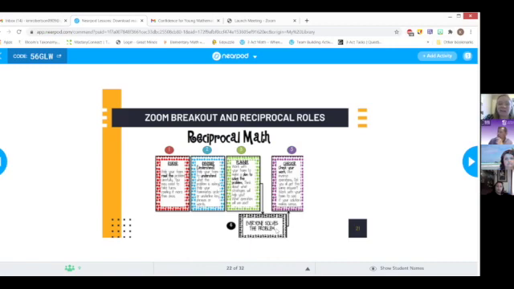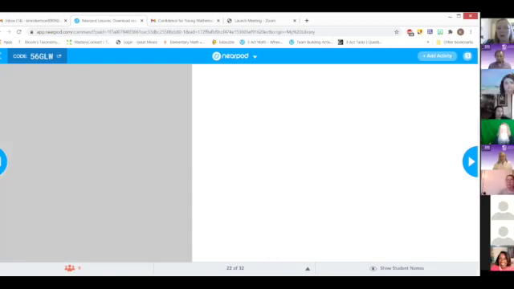And they did it with the Zoom breakout because, like I mentioned, it's difficult to put them into groups when we have such regulations at this time. But that also can be used virtually. At the end of the presentation, I have included several links of resources that you can take a snippet of, and it includes the reciprocal math roles that you can print off for your students.